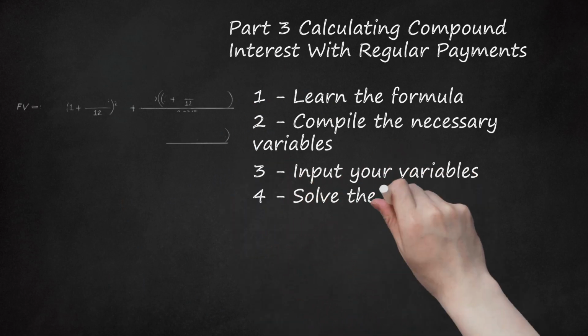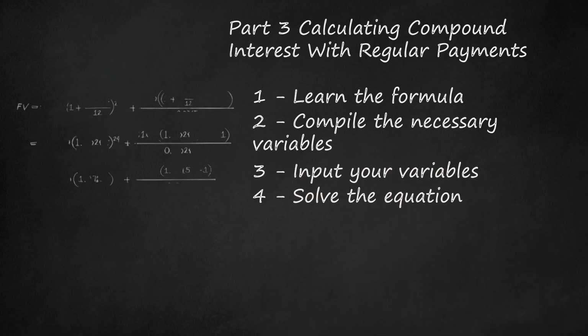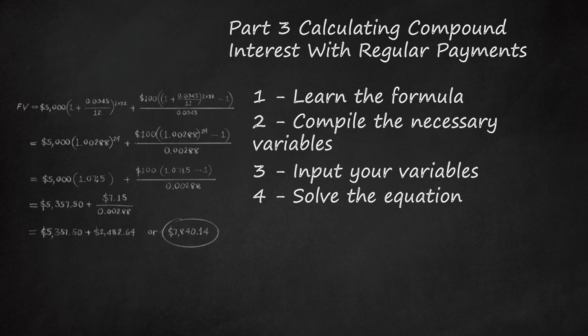4. Solve the equation. Again, remember to use the proper order of operations to do so. This means that you start by calculating the values inside of parentheses. Solve for the fractions with parentheses first. This means dividing I by C in 3 places, all for the same result of 0.00288. The equation now looks like this: